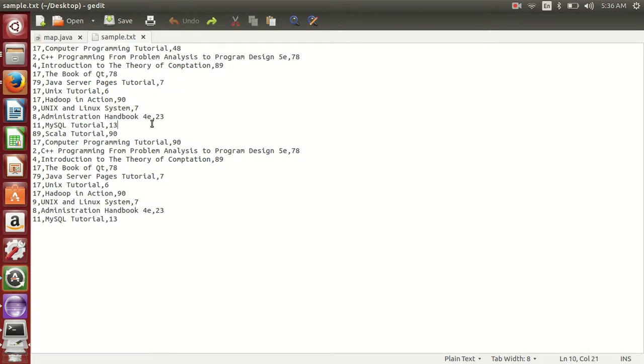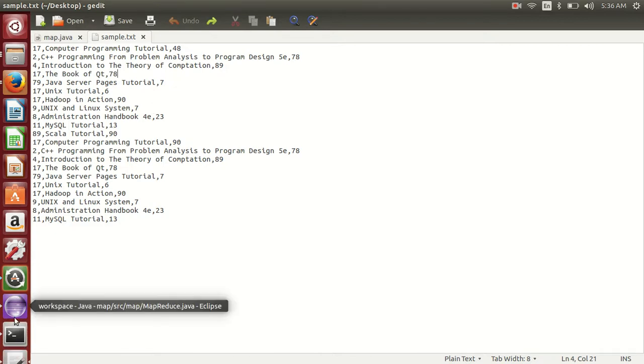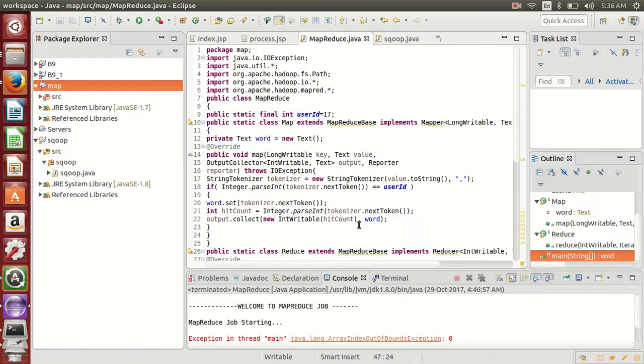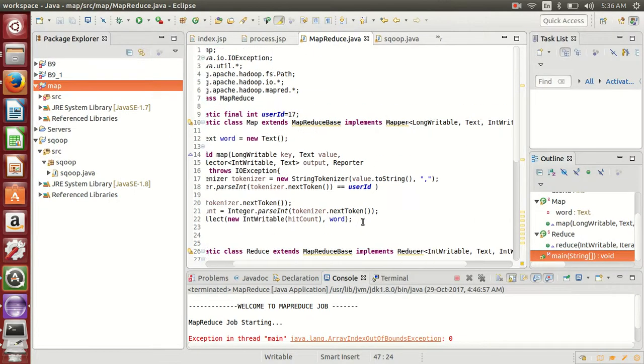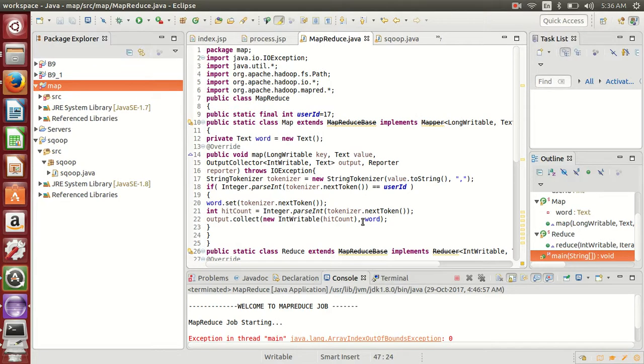So our task is to get all the books and the hit counts of user 17, and then arrange these books and hit counts in ascending order in terms of hit count. So if I get hit counts of 6, 7, 8, 9 for different books, all will be in sequence. So let's get started. I've written the code already for you, and as usual every MapReduce program consists of